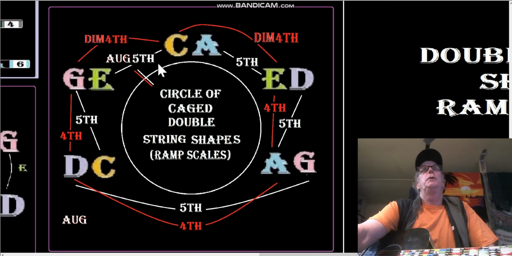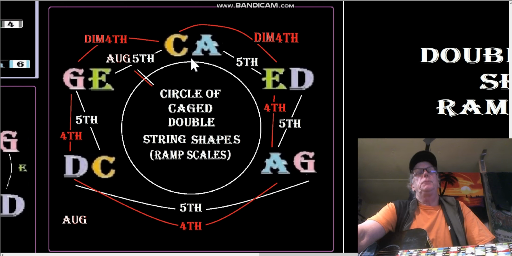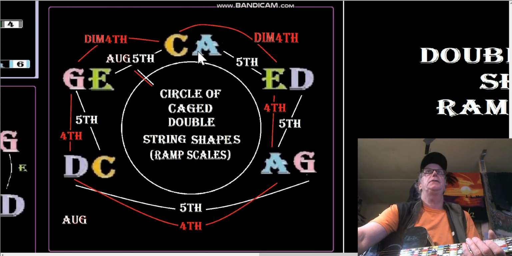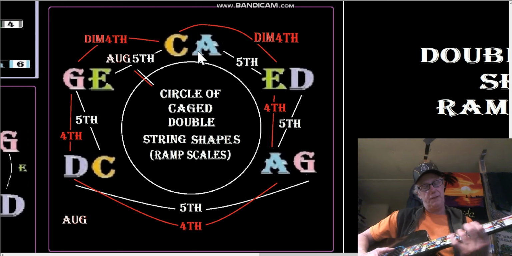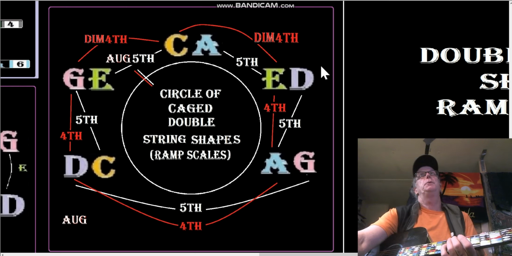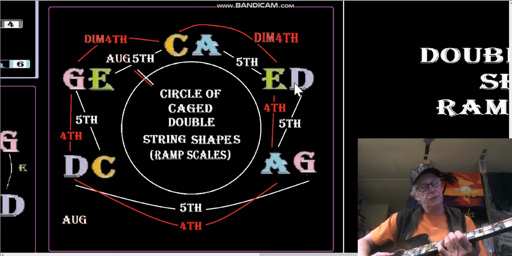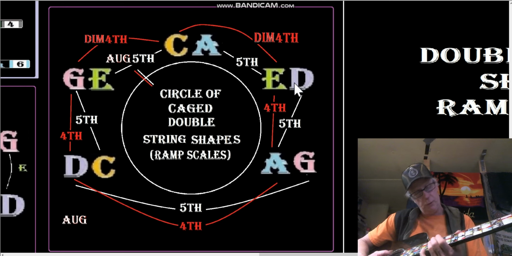So, what I want to show you is we do the ramp function so that we don't have repeated notes, and in that ramp function we're going to have, let's say, the CA double string shape 3 4 5 6. Okay, then we would go to the ED double string shape, which would be 7 root 2 3 4. Okay, so it'd be 7 root 2 3 4. So we got,